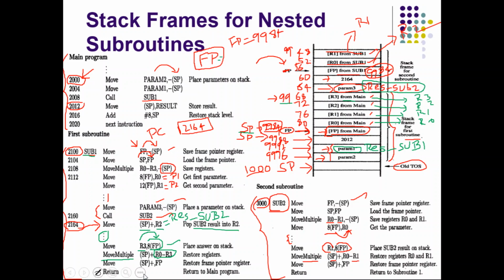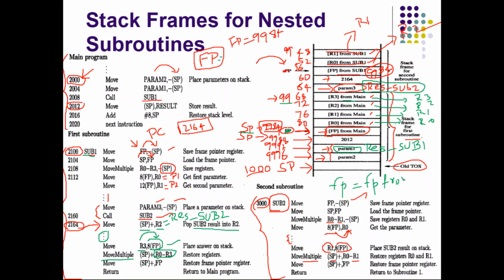So what we are doing, move SP plus FP. What is the content of SP? Whatever the older frame pointer value of main, that is now moved to FP. So no more is FP 9984. FP will hold whatever the frame pointer value of main. That address we don't know, some address it will be, whatever the frame pointer from main, that address it will hold.